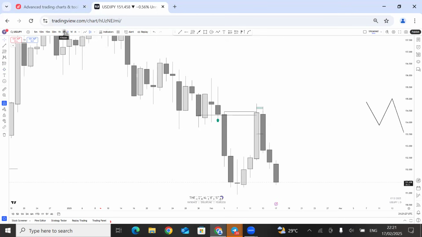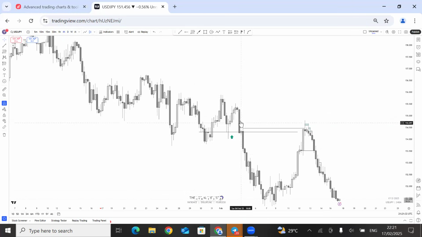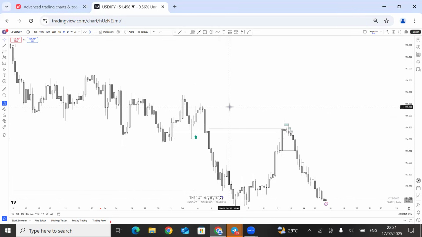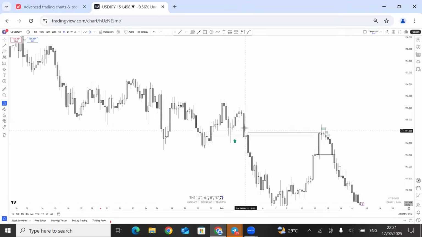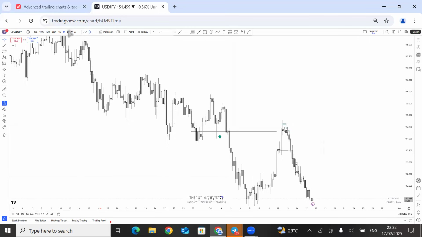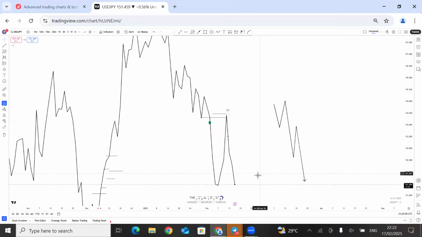So now I want to go on a lower time frame, like 4 hours. So what happened in 4 hours? The reason I want to see the 4 hours is that I want price to break this high before I go in for any setup. The price didn't break the high, it still came here and continued. So me as a wise trader, I could not enter any setup here until price had broken structure to the upside, if I was looking for buy setups. So price didn't break structure, price started reversing. Now, once we have seen that price is reversing already, it's already giving us a sign that price is going to come back to this guy and sell off.